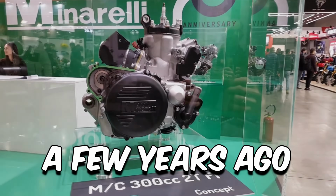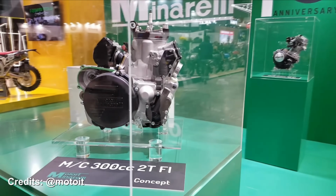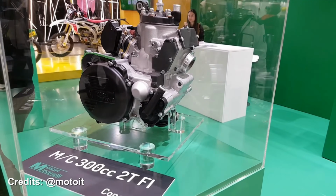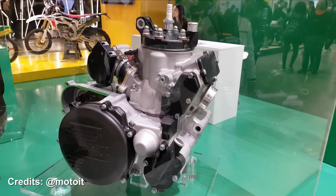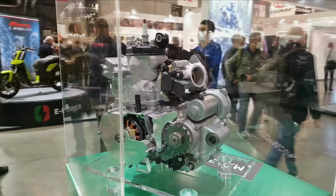A few years ago, at the motorcycle fair in Milan, we could see a prototype engine that was designed for the Fantic 300, so we knew a long time ago that this motorcycle would be on sale at the beginning of 2024. A lot of effort and testing has been invested in order to create an engine that will compete with other European brands, because it is not easy to make an engine that is light, that has linear power